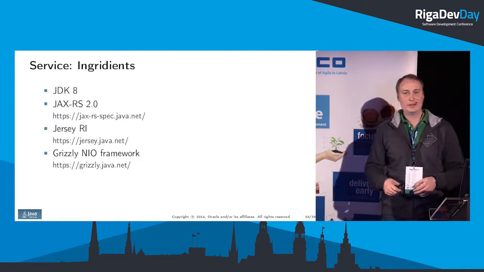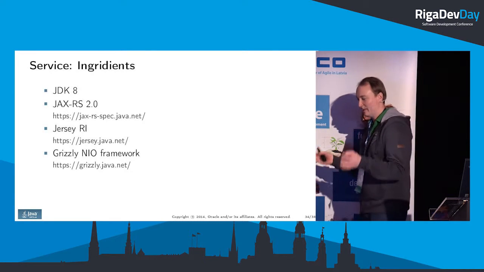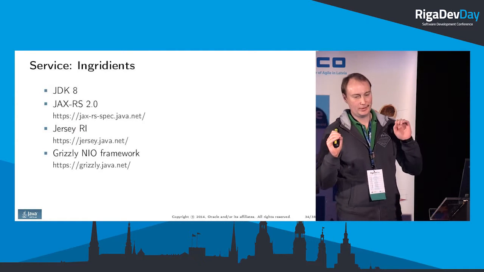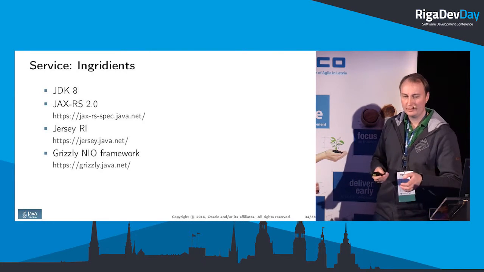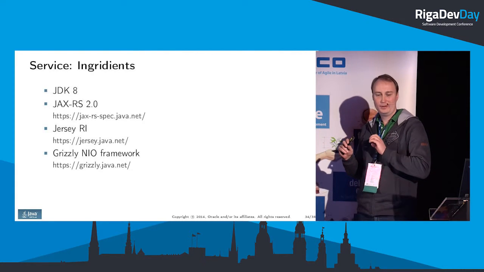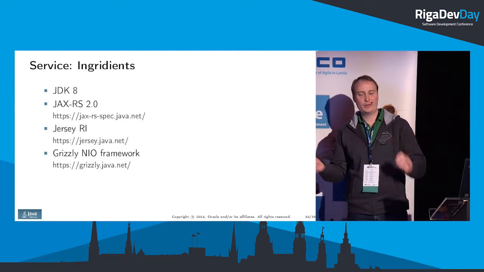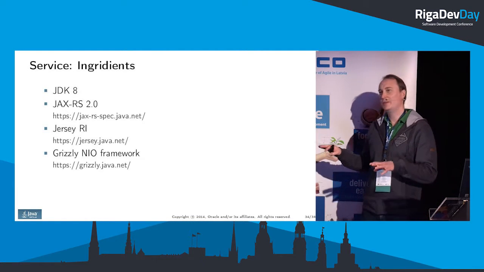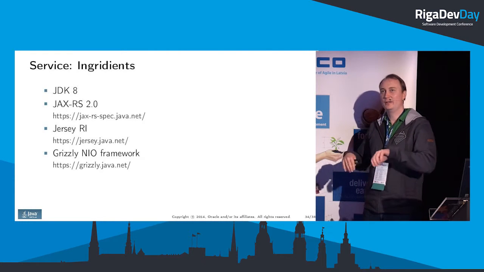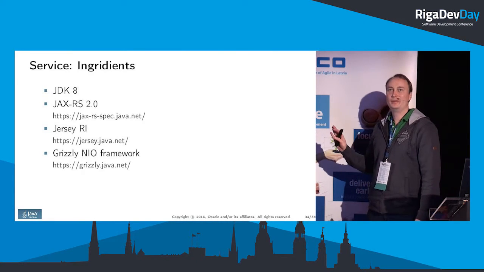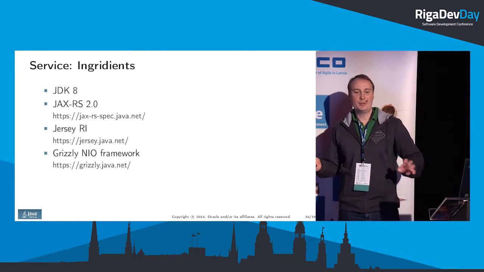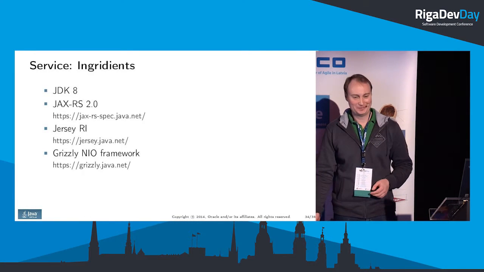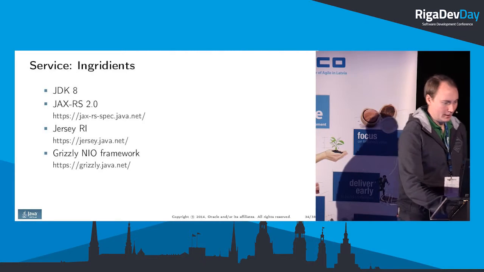I just took something available as a reference implementation from java.net. It's Jersey, a reference implementation of JAX-RS, and it's run with Grizzly and Netty framework. The combination can be easily obtained by creating a Maven archetype and doing some minimal changes. And of course, our secret sauce, that's CompletableFuture. I'll better show you